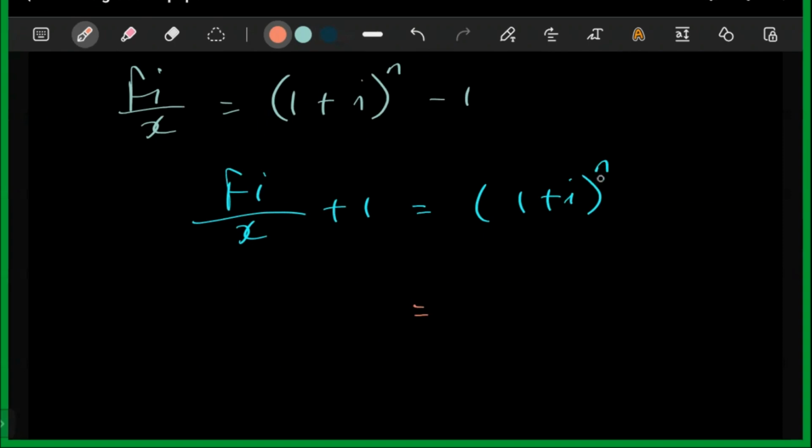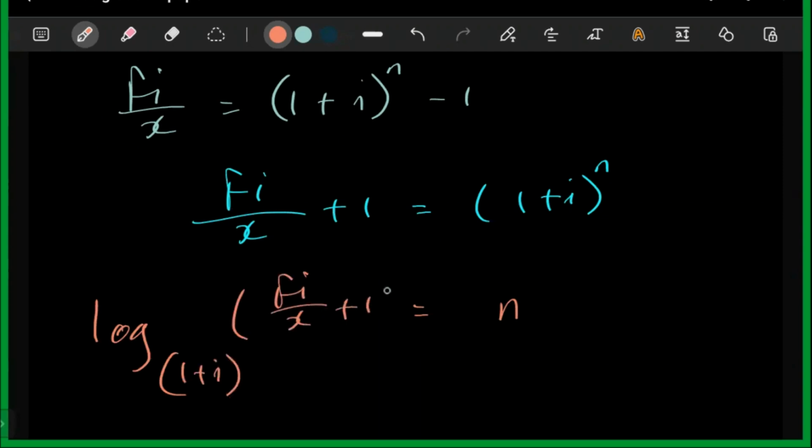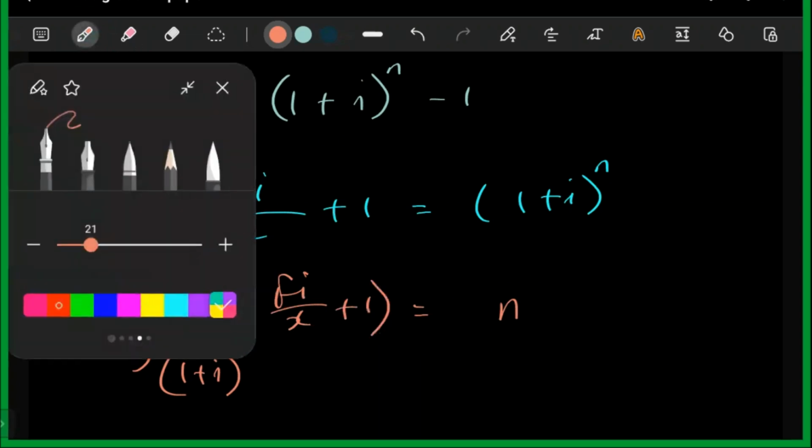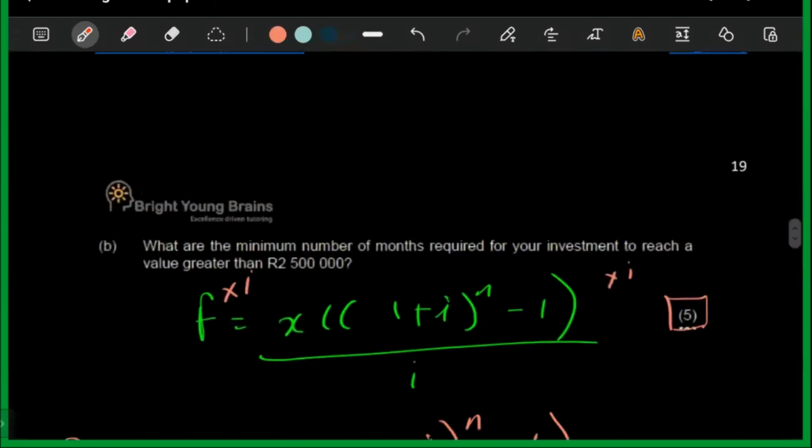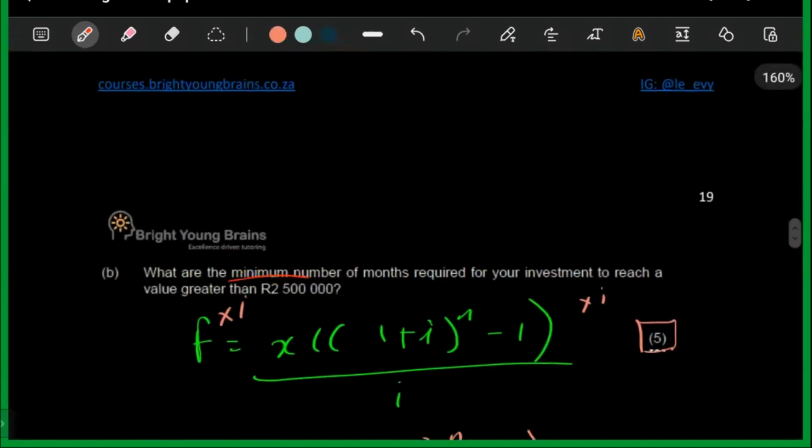Remember, if you want to isolate an exponent, you isolate it, and then the base of the exponent is the base of whatever log you're going to have. You're going to have log here, the base of the exponent you've isolated, and then this value on the other side is still just there. So it's always good for you to know how to isolate n because it makes these kinds of questions easier. They're asking the minimum number of months for your investment to be greater than